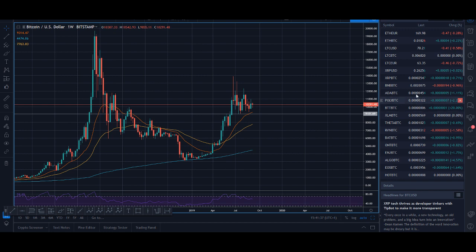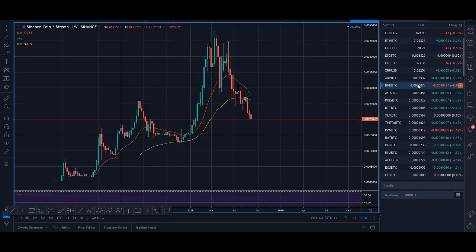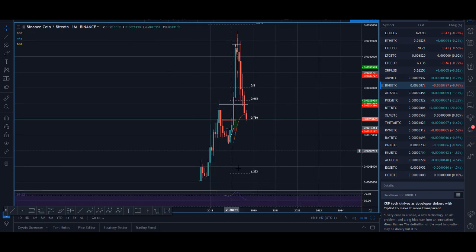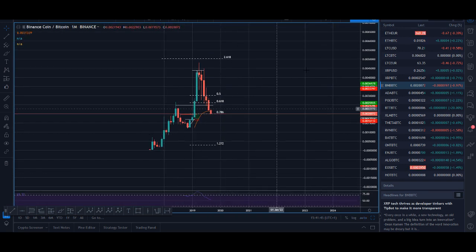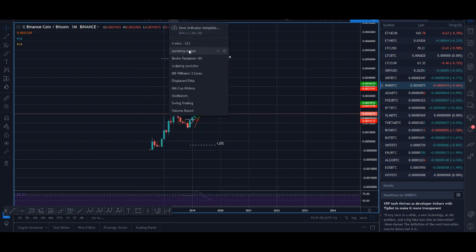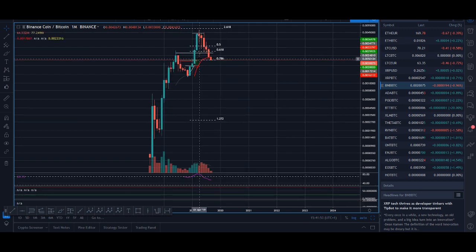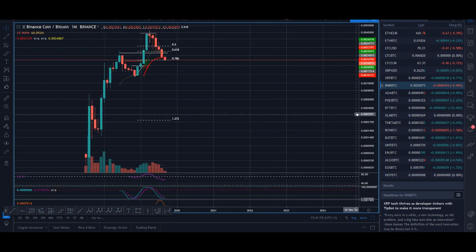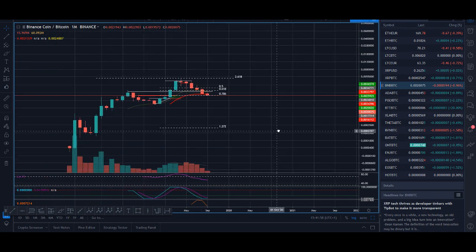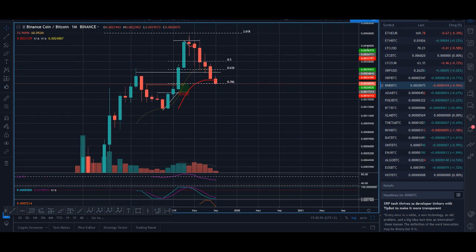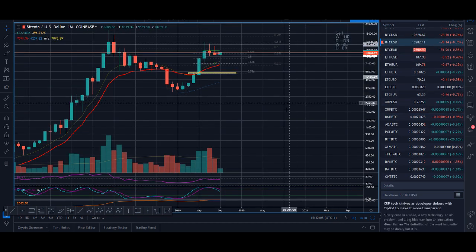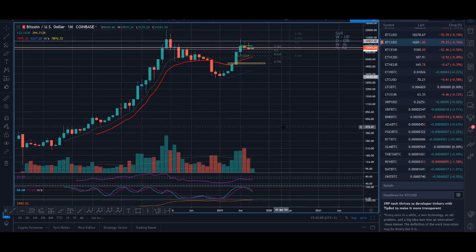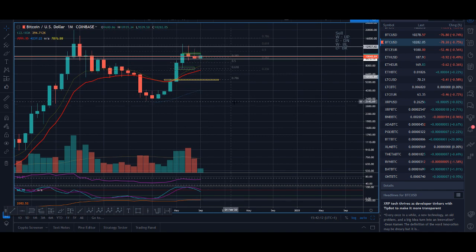And then I've got coins that like to pump. So BNB is another very important coin. If you look at the higher time frame, BNB was the main bull this year. So let me go back to my template. It's changed my moving averages. I need to sort that out. But yeah, this is BNB, guys.